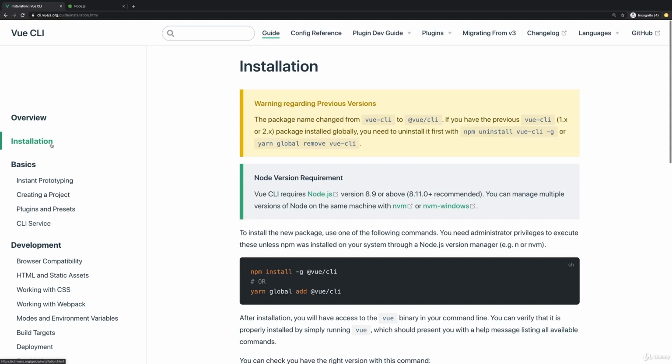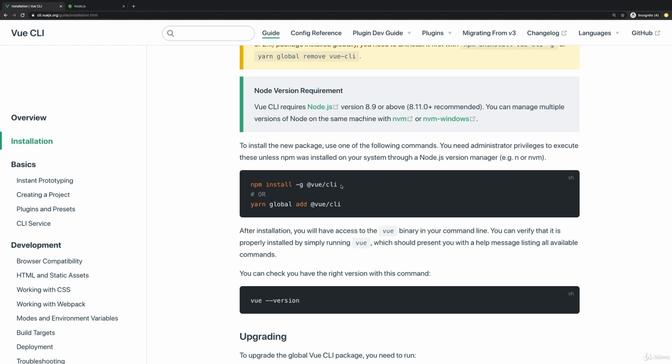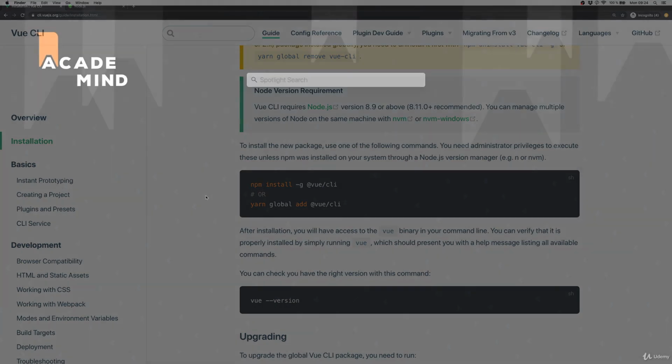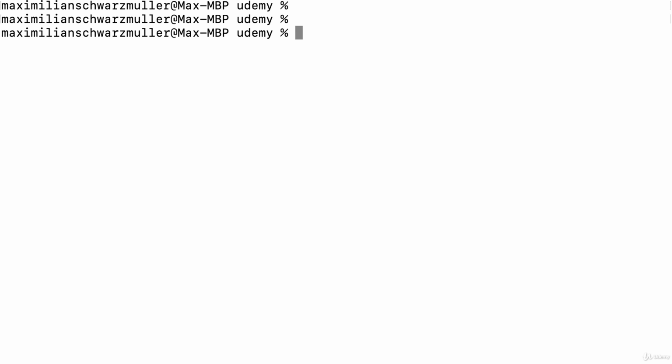For that, we can go to installation in the official docs, but it's really straightforward. You need Node installed, as I mentioned, and then once you did install Node, you can run this command here in the terminal or command prompt of your system. So open up your system terminal or command prompt. Every operating system comes with one. So here I'm in the macOS terminal. On Windows, you would use the Windows command prompt. And in there, run npm install -g